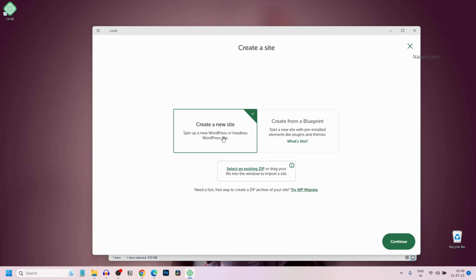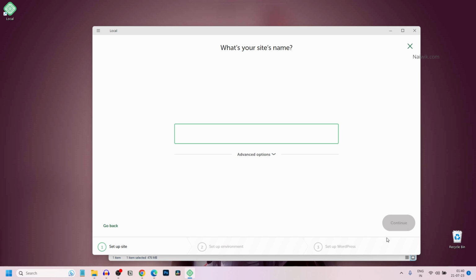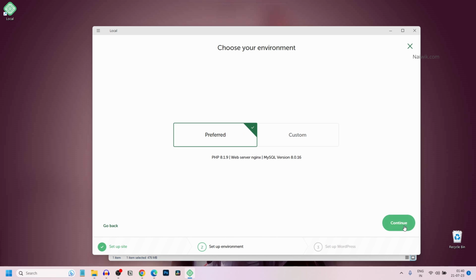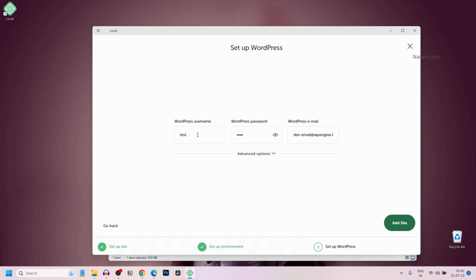Now you will get two options, create a new site or create from blueprint. I'm going to select create a new site. Click on continue and give your website name. You can give any name. Don't change advanced options. Click on continue and click on preferred, and you need to enter the username which you